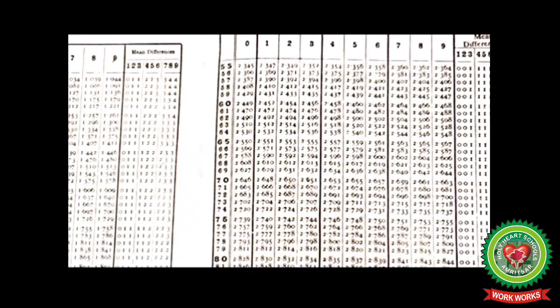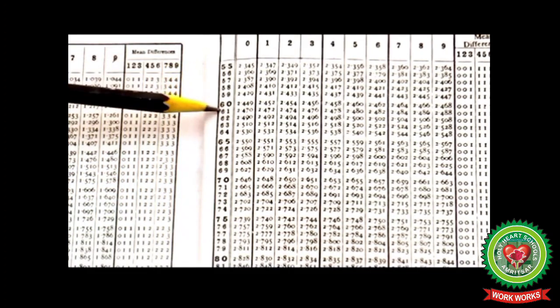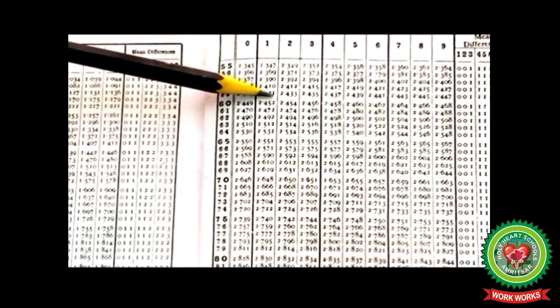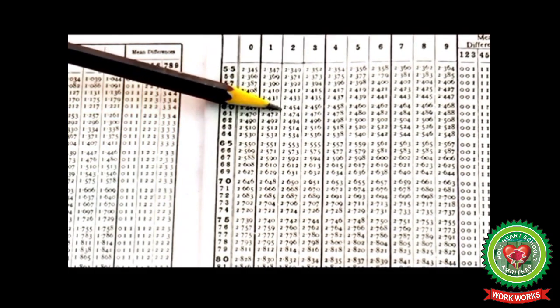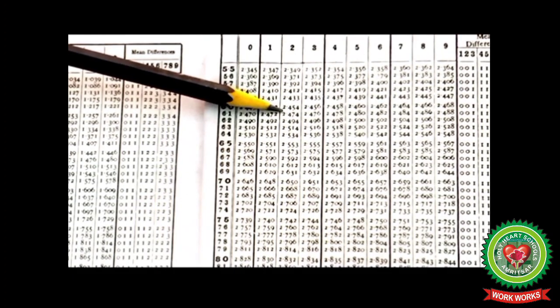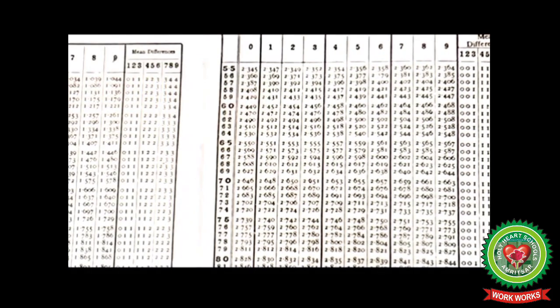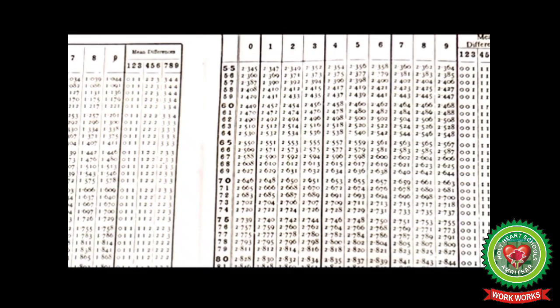Now students, no need to solve all the steps. To find the square root of a number more than 100, you have to remember only those steps. If we want square root of 612, then we have to check 6.1 till 2. From here, 6.1 till 2, your answer is 2.474. So after shifting the decimal, square root of 612 is 24.74.